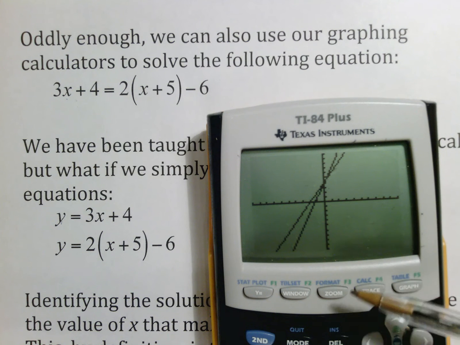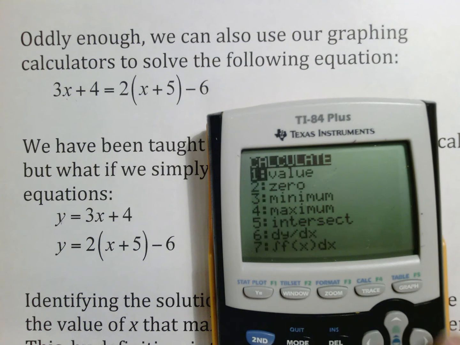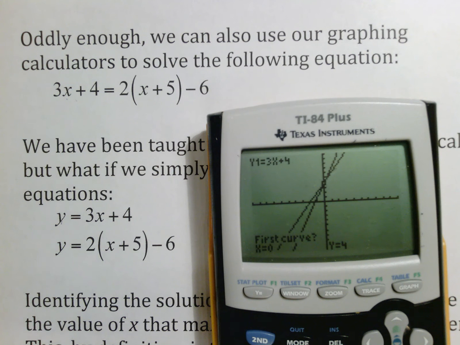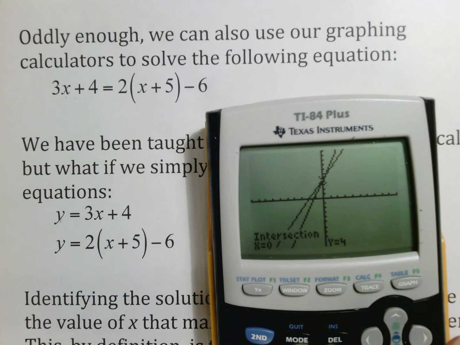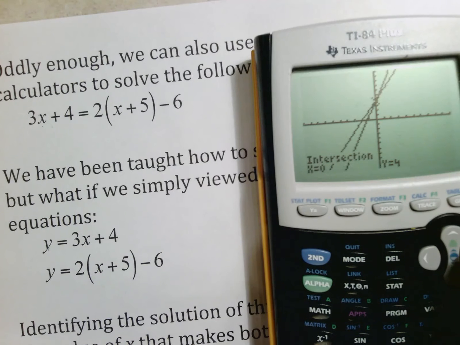These equations now cross, and there is a solution somewhere in there. In order to find that solution, I want to calculate where they intersect, so second calculate, 5 for intersect, or you could just hit the button 5 for intersect. It's going to ask you about the first curve, but there's nothing to do, just hit enter. It's going to ask you about the second curve, same thing, just hit enter. It's going to give you a guess, but you don't care about that, just hit enter. And the value of x that it gives us is,